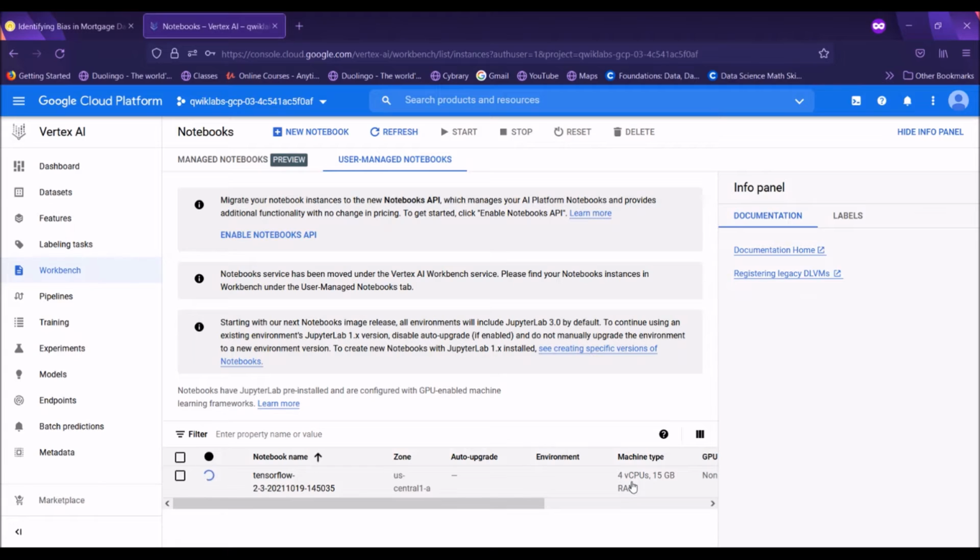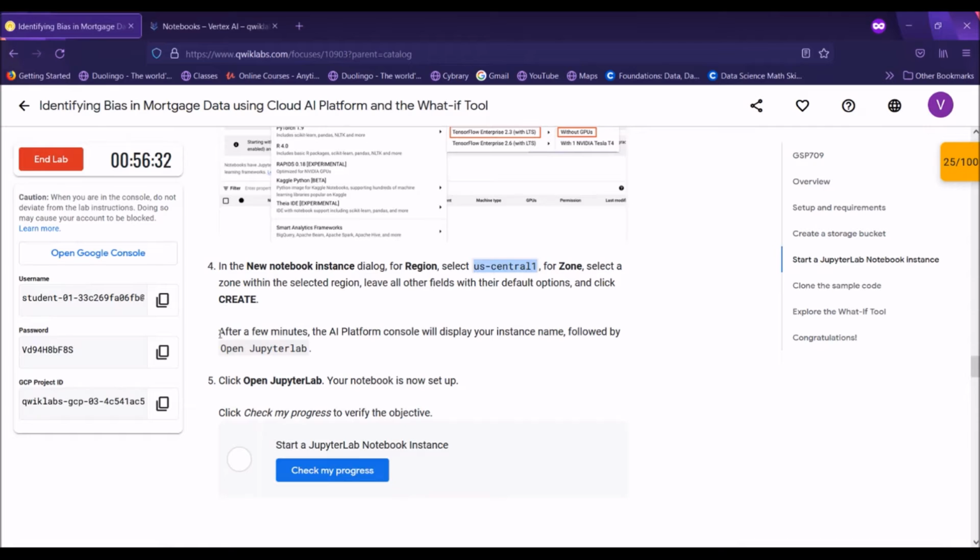The notebook is getting created. Here we'll have to wait for some time for it to get deployed. For Jupyter Lab to open, it will take 5 to 6 minutes, so we'll have to wait over here.